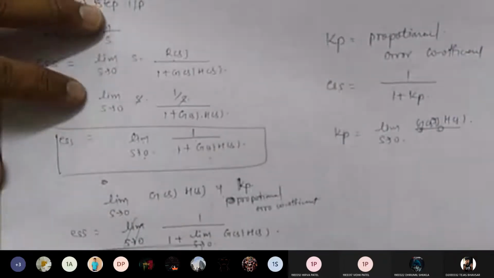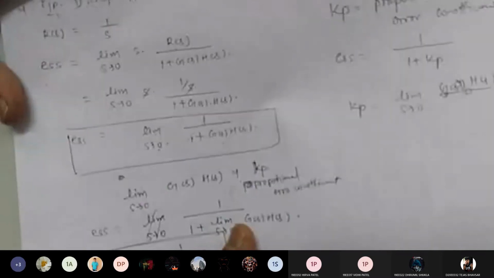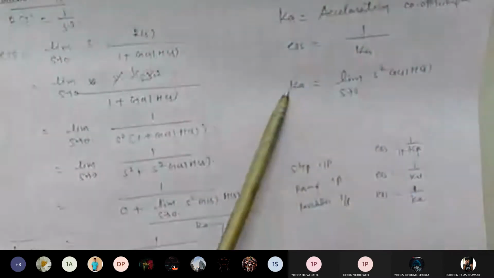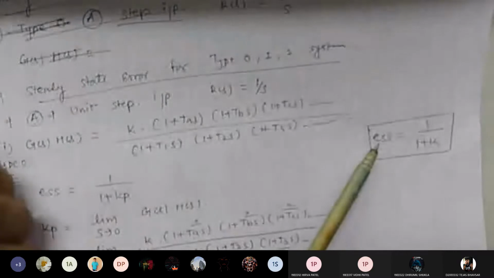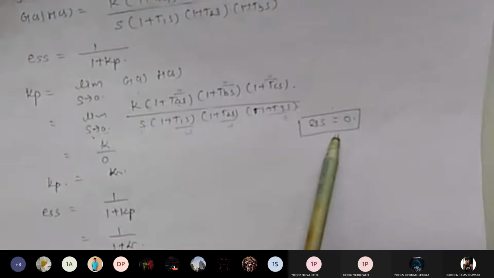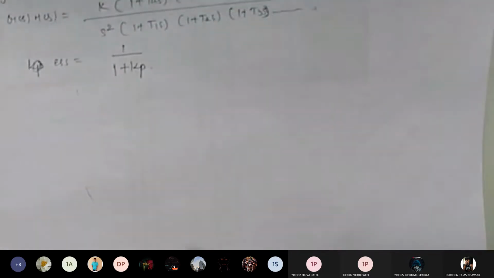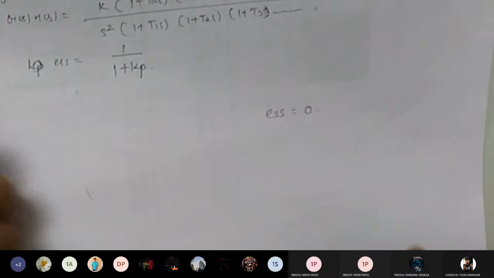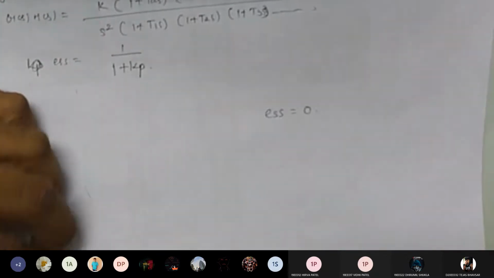Starting from the earlier lecture of static error coefficient, we have got the value of ESS, KP, then ESS, KV, then KA. Then for ESS, we have taken type 0 system, ESS is equal to 1 plus K. For type 1, ESS is equal to 0. Type 2, what is the ESS for type 2? ESS is equal to 0. Everybody got this? Yes, sir.